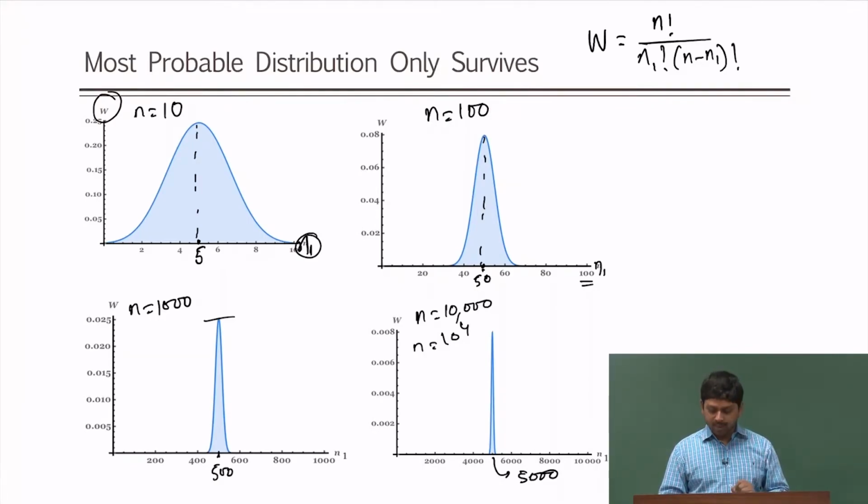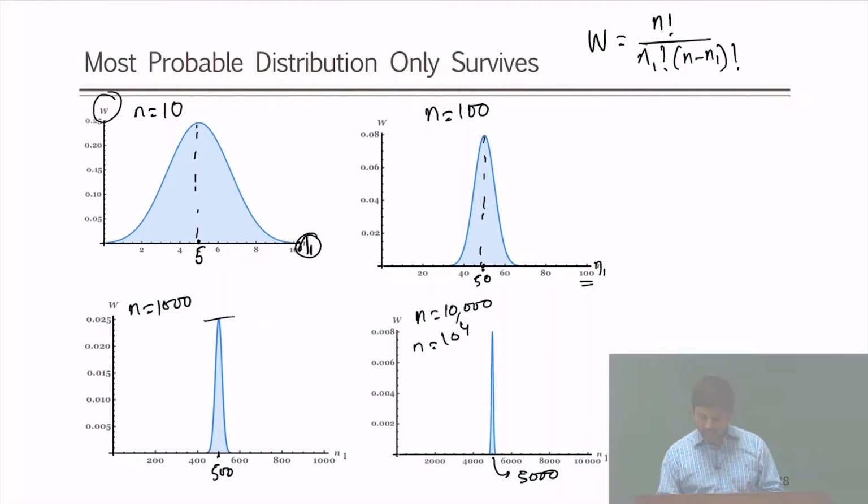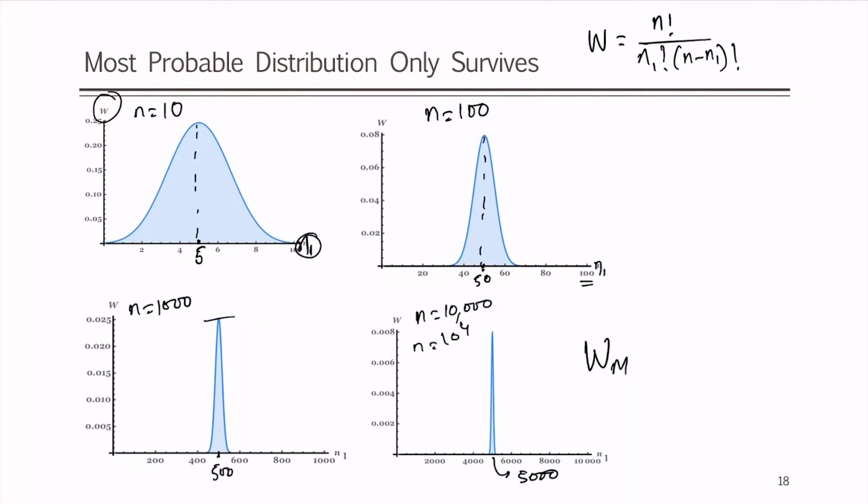So, therefore, we can safely say that the one most probable distribution for the two level system, which has half of the particles, is what is required to calculate the W. We say that our W for the most probable distribution represents all possible distributions when n is large,